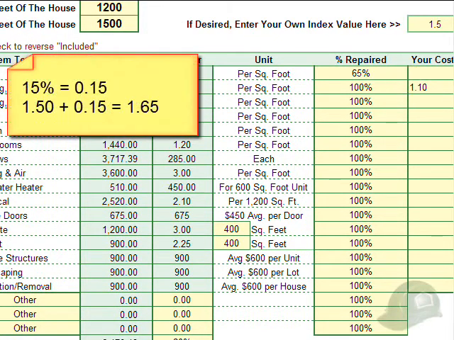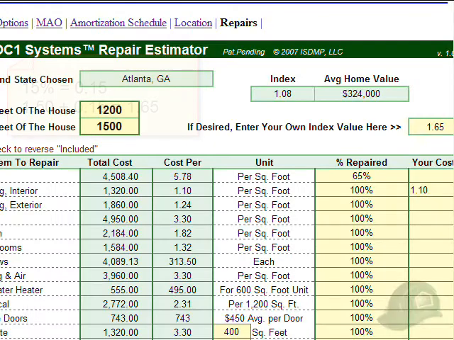For example, if we wanted all of these numbers to come out to be 15% higher, we would add 15% or 0.15 to this 1.5, and then the index would be 1.65. We would hit enter there, and thereby